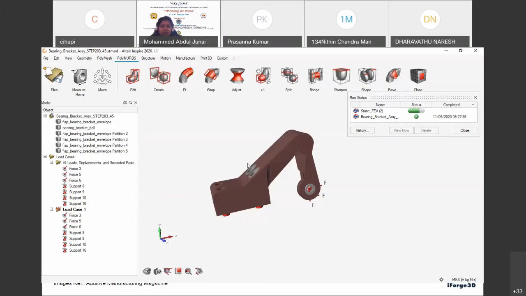So after that, what happens? When you apply this PolyNURBS option, a little more material will be added, and it will stiffen the part. For example, after optimization you will get a result in which the minimum wall thickness is some 2 mm. But after applying the PolyNURBS option, it will not be 2 mm. It will go to something like 2.5 to 3 mm. That is due to the NURBS concept itself, that it is not parametric.